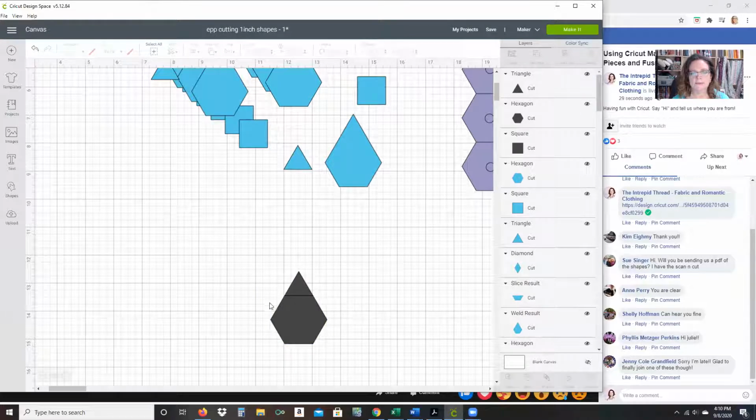They're two pieces. So if I went to cut this, it would cut a hexagon, it would cut a triangle. So what I want to do is make them be one piece. So I'm going to highlight both pieces. And down here on the right-hand side, there's a little thing that says weld. And if you click that,